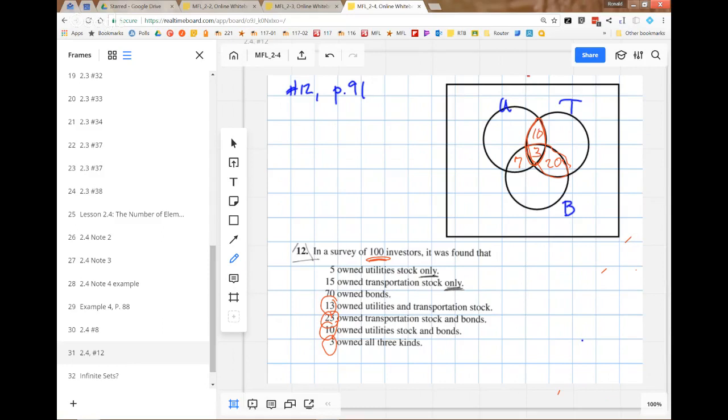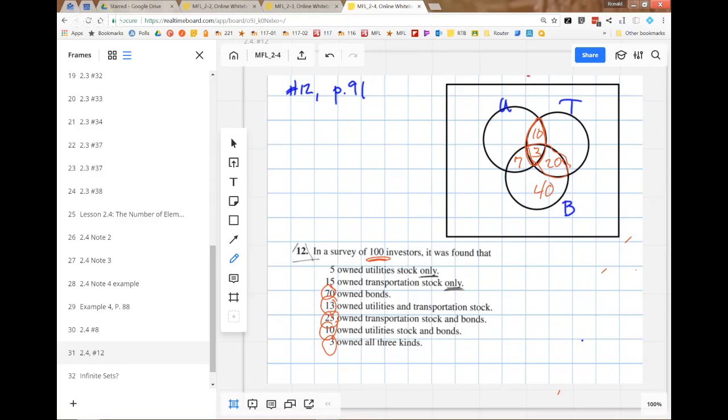Okay, now be a little bit careful. I mean, it's not yet, but it's coming. Watch out. 70 owned bonds. That one is pretty much standard. What can I do to find out where to put a number to make bonds turn out to be 70? Bottom. Bottom, yeah. And how many? So you put 40 there? Yep.